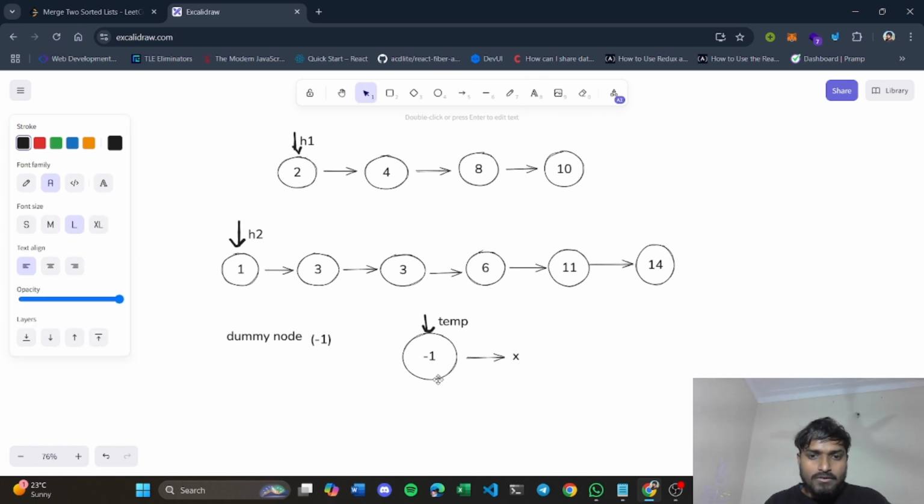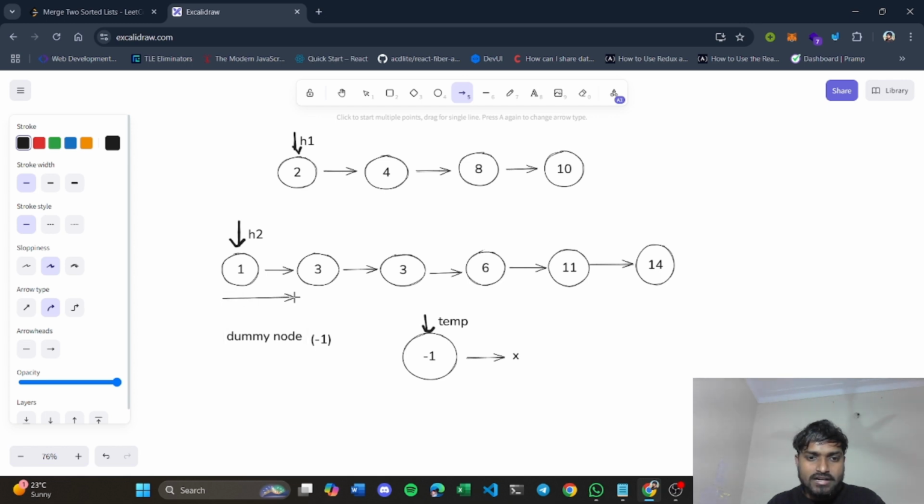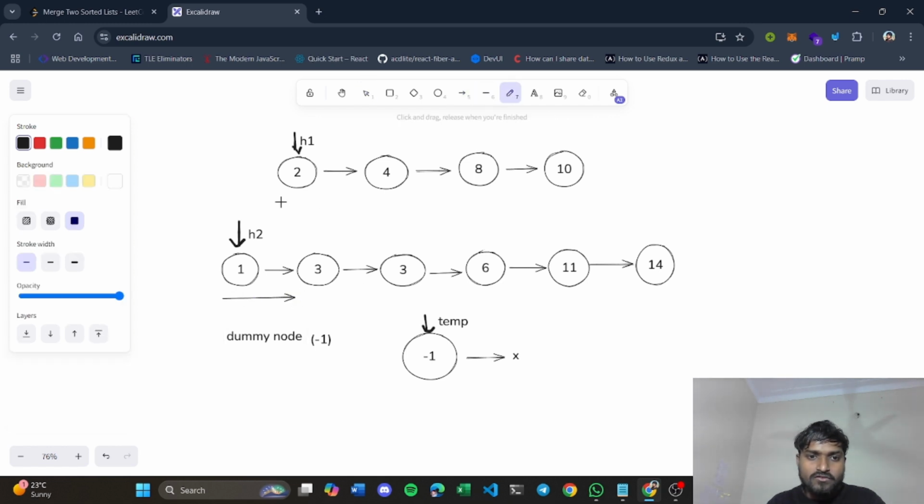Now, what will be the first element which you will connect to this temp or dummy node? First of all, you can see here the first element of our required linked list will be either the first element of the first linked list or the first element of the second linked list, right? Since both of these linked lists are sorted, the first element of the resultant linked list will be either 1 or 2.